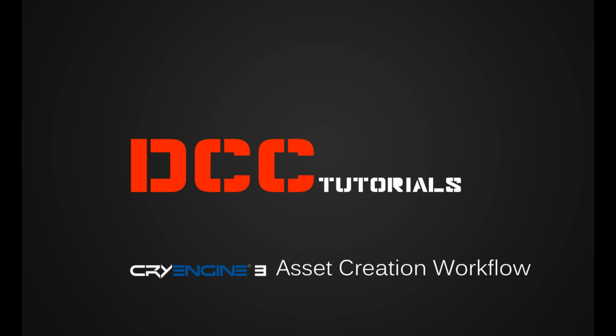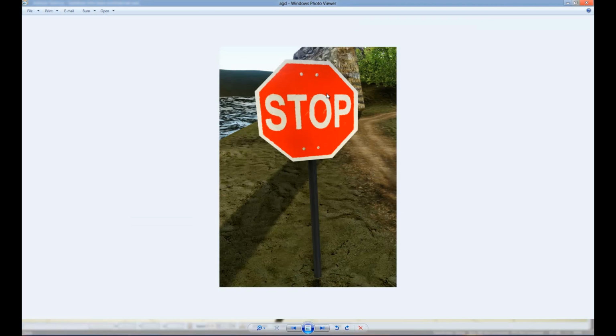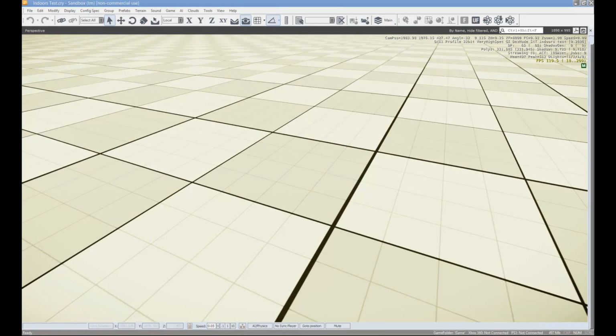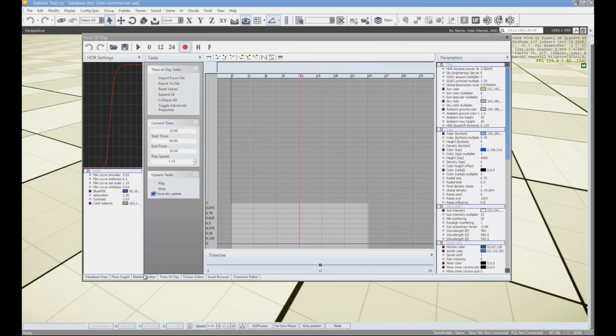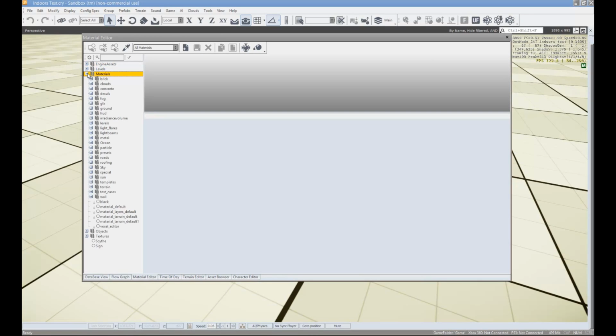Hello and welcome to my Cryengine 3 tutorial where we are going to model a stop sign in 3ds Max, and then bring it into Photoshop, texture it, use Undo 2 to create a normal map for these little rivets, and create a specular, diffuse, and normal map for this entire model, bring it into Cryengine 3, and then use the material editor to set up our